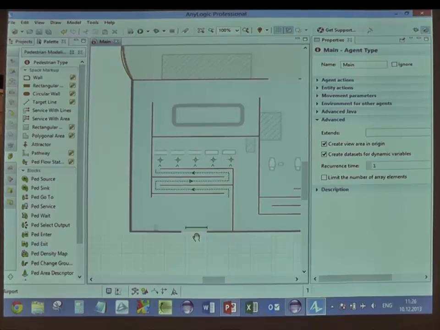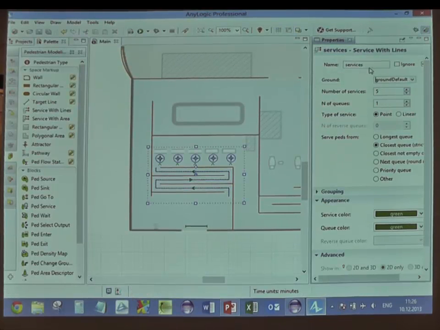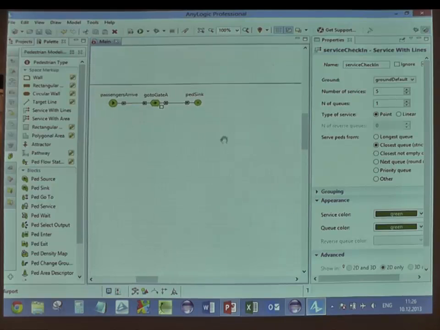And, okay, I'll name this service check-in. And in my process, which is here,